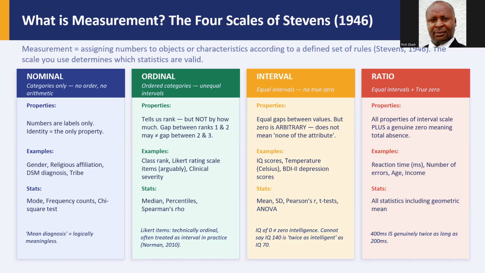The nominal scale is the most basic level. At the nominal scale, numbers or labels are used simply to categorize things. There is no order, no ranking, nothing mathematical about these categories. They are just names. For example, if a researcher asks participants to indicate their ethnic group, you will hear people say, I am Igbo, I am Hausa, I am Yoruba, I am Igbira, I am Ishekiri, I am Nupe, and so on and so forth. This simply is nominal data.